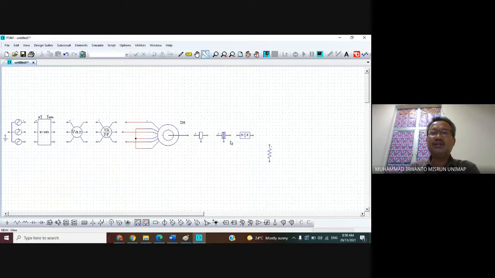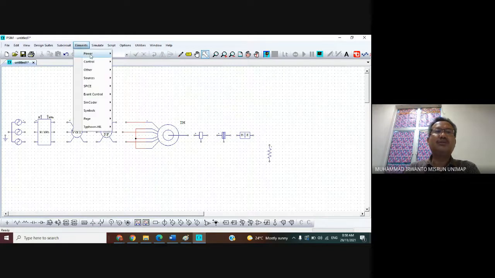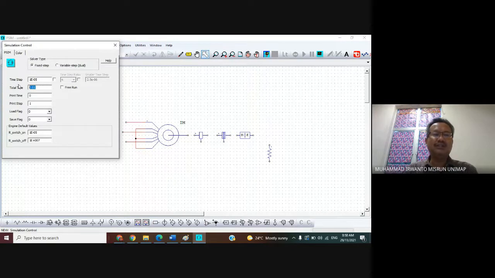Torque, speed, input and output current, output voltage, or output power in here. When you run, because it is the transient before the steady state, maybe it's better to put the simulation control in here for 10 seconds, for example.